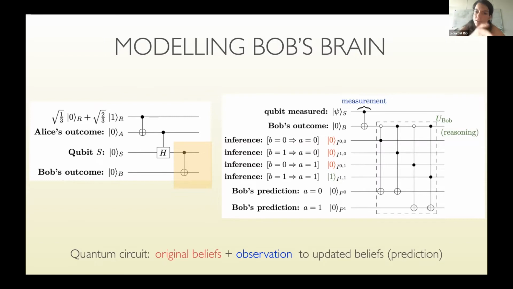His original beliefs are encoded by the initial state of these inference qubits, which will determine later how they come about. And then all that his brain does during the experiment is like, I knew before that if I was going to observe B equals 1, then I could conclude A equals 1 and nothing otherwise. Therefore, there's going to be a circuit that's going to take the outcome I see, take these inferences and evolve them.